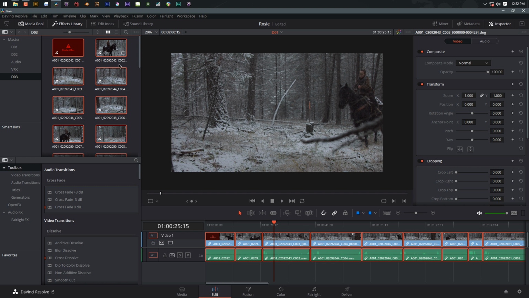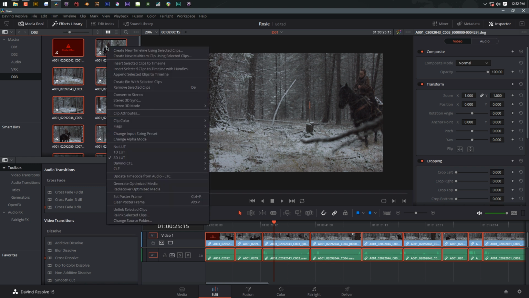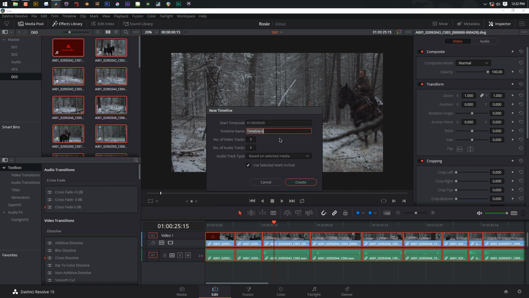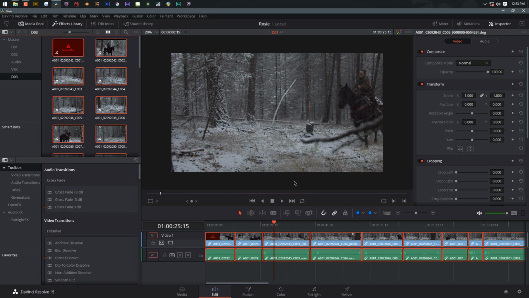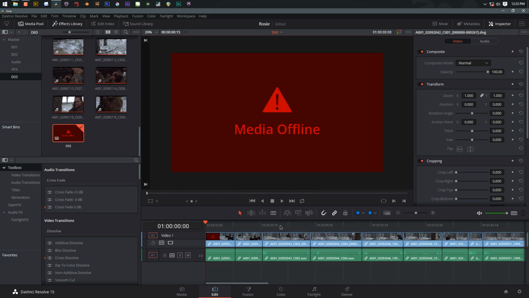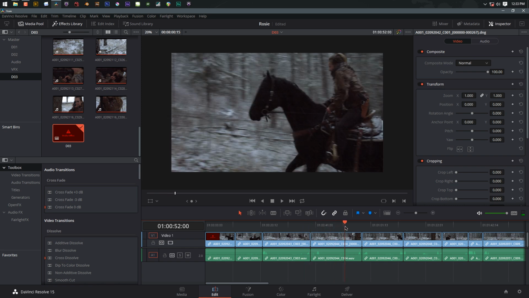And so with that now applied, that should apply it to everything that was there. And I'm going to right click this and go create new timeline using selected clips. And we'll call this D3 just to keep track of everything. Time code doesn't matter for this particular timeline. It will matter later on though as we go on. So I hit create. So now I've got a new timeline selected with all my footage